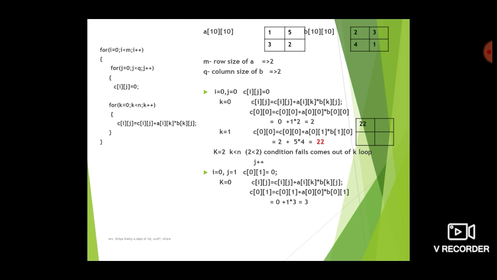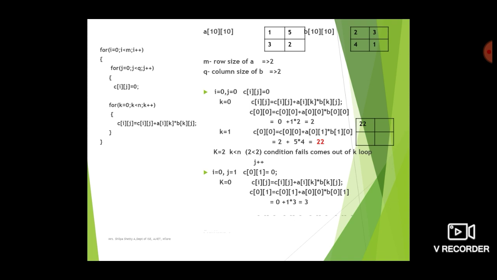So it becomes 0 plus 1 into 3 equal to 3. That is, the first row first column element from matrix A is multiplied with the first row second column element from matrix B. So we get it as 3.